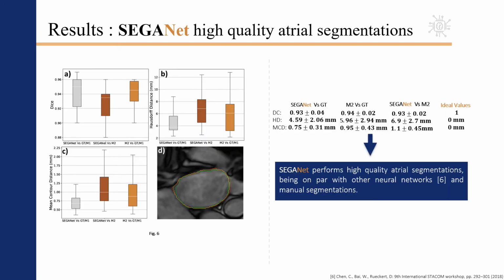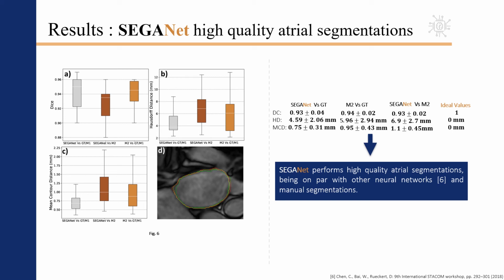The quality of SEGANet segmentations can also be seen in figure 6, where we have the box plots for Dice coefficients in A, the Hausdorff distance in B, and the mean contour distance in C. In all the images, we are comparing SEGANet segmentations with the manual ground truth, M1, and the additional manual segmentations, M2. In figure D, we have the contours indicating the results with the manual and automatic LA segmentations